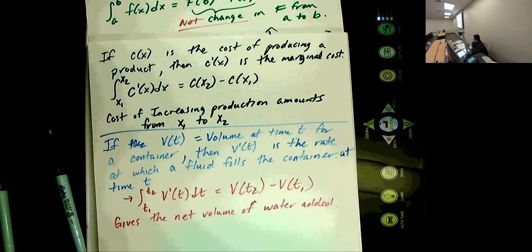Because we're looking at a rate of change, the volume V of t is just the volume. So V prime of t is going to say how that volume is changing. And we're looking at, if water is filling the tank, how much water has filled the tank over a specific amount of time. Now, if it's a nice shaped tank, like a cylinder or a cube,